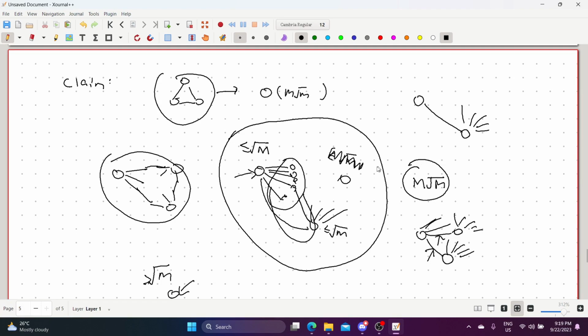Then if we consider the vertices with degree smaller than or equal to square root m, we can just visit all the square root m neighbors and mark them as visited. Then for each of the neighbors, we also visit their neighbors. So we also visit square root m neighbors, and then for each of the neighbors,